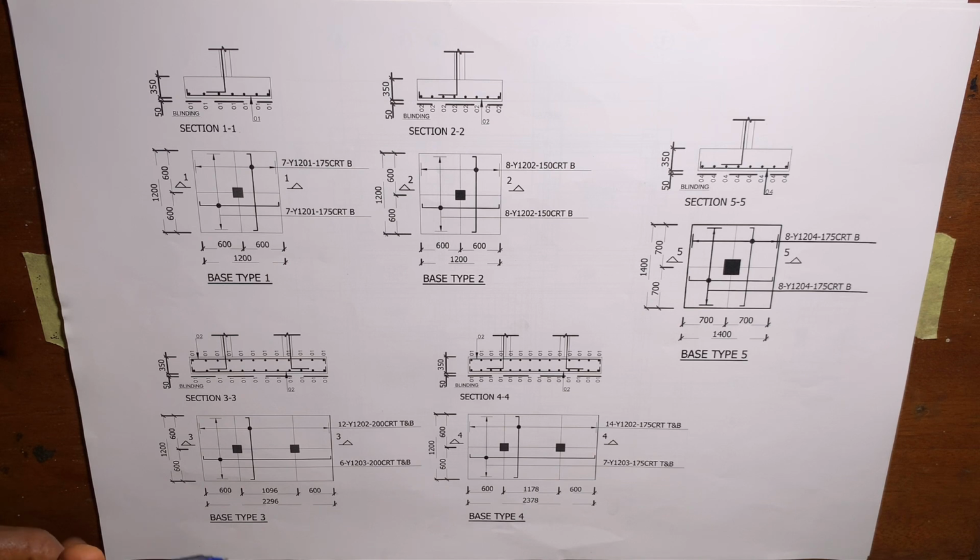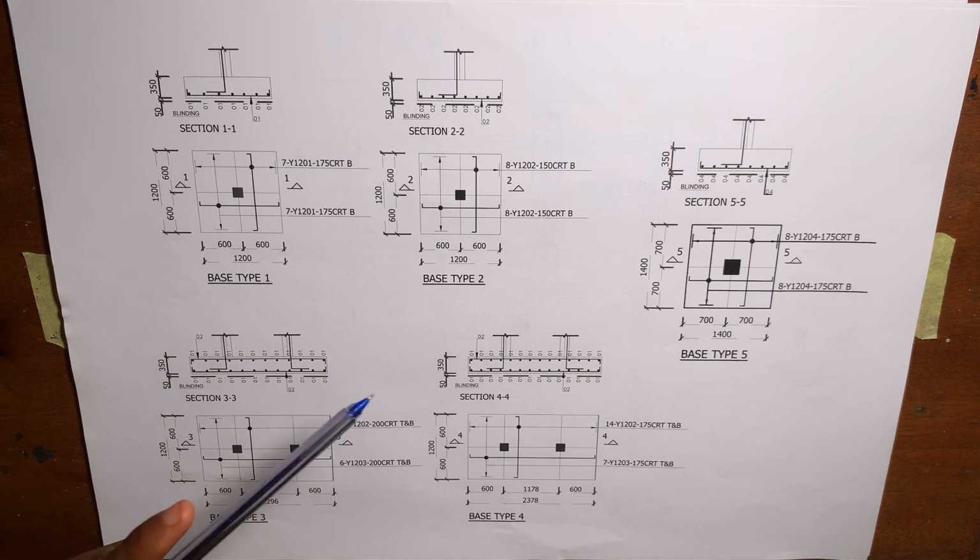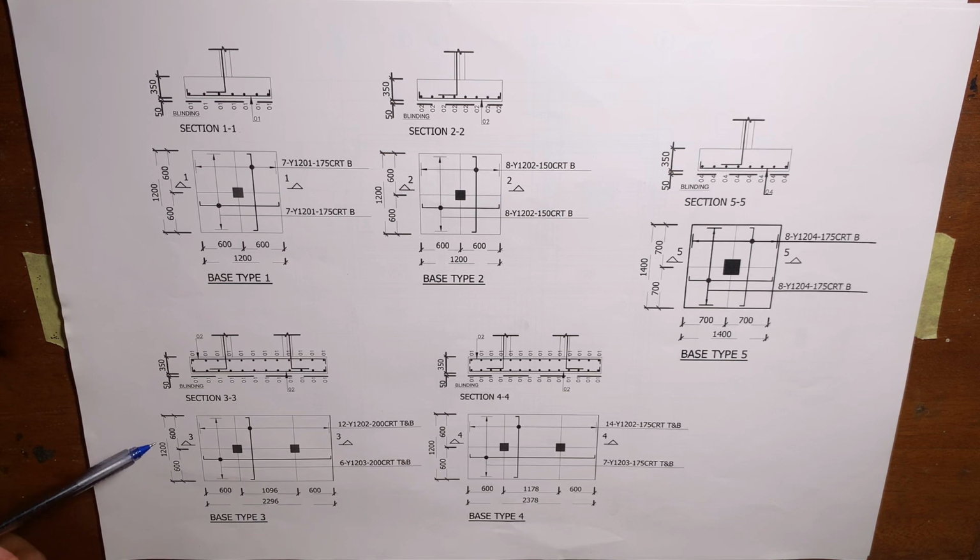Now if you can see, base type 3 is quite different from base type 1 and base type 2. Why? For base type 3, the dimension is 1200 mm length by